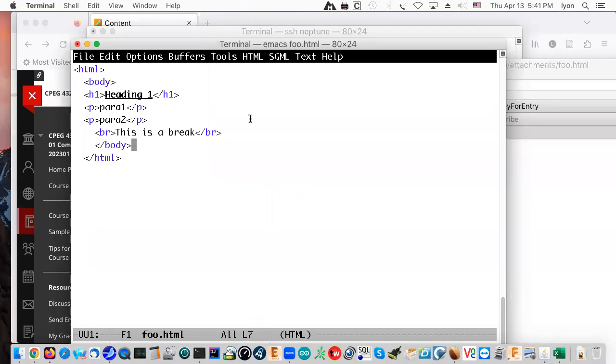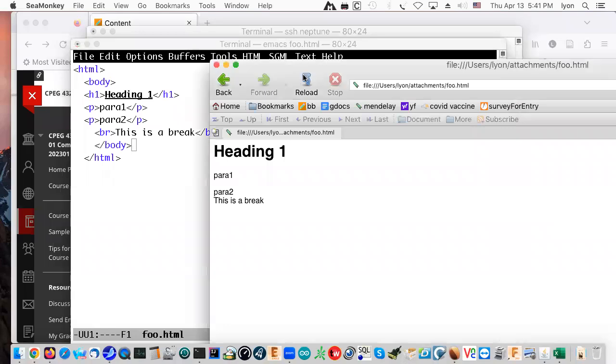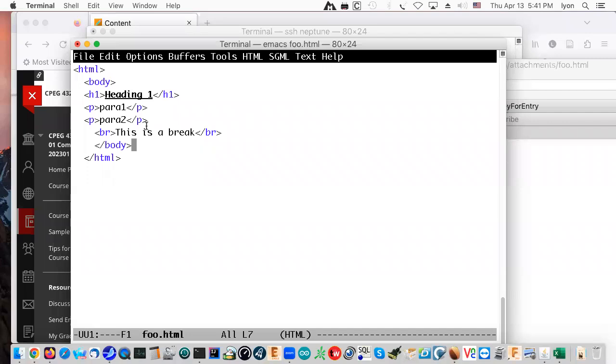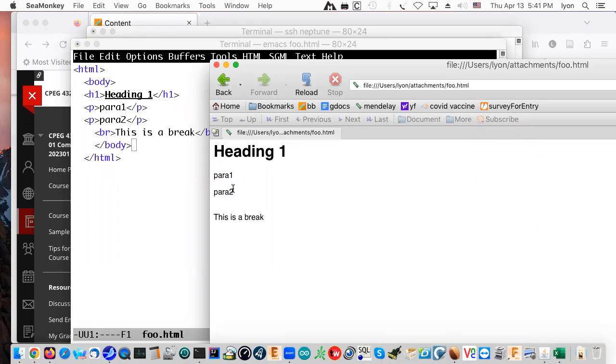So let's see if we can reload. There, I didn't terminate the body properly. So you can kind of see the browser doesn't really complain about the fact that things aren't correct. It just takes it. It just takes it. Similarly, if you found that there was,